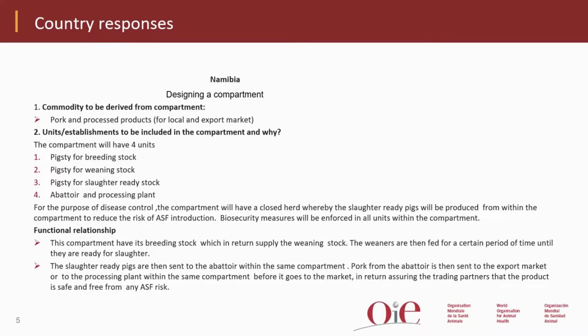And our functional relationship. Since this compartment has a unit for breeding stock, we are going to be producing our own pigs. The breeding stock is going to sustain the weaning stock, and then after they reach a certain weight, we move them to the abattoir when they are ready for slaughter, and then they are slaughtered there. We can then export the product as pork out of the compartment into the market,